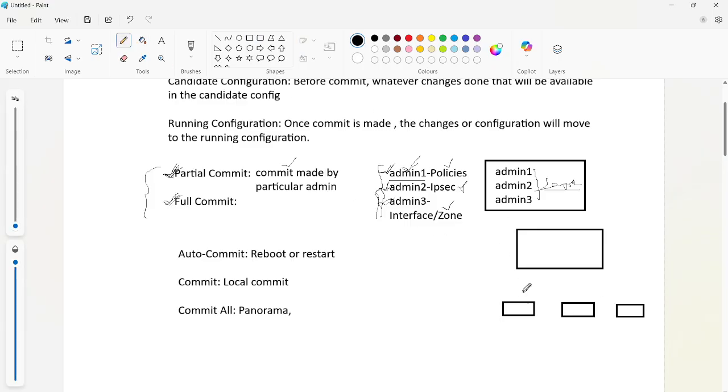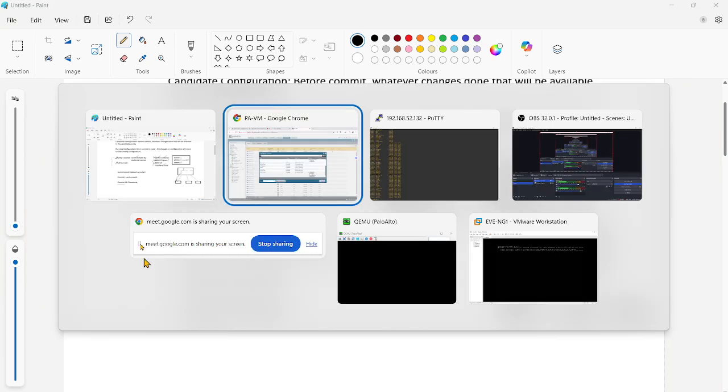Once the firewalls are connected to the Panorama, they are fully managed by this Panorama device. So whatever changes you want to make on the firewalls, you do on the Panorama, and you push these changes to the firewalls. Whenever you push the changes to the firewalls, that will be reflected as commit all in the task manager.